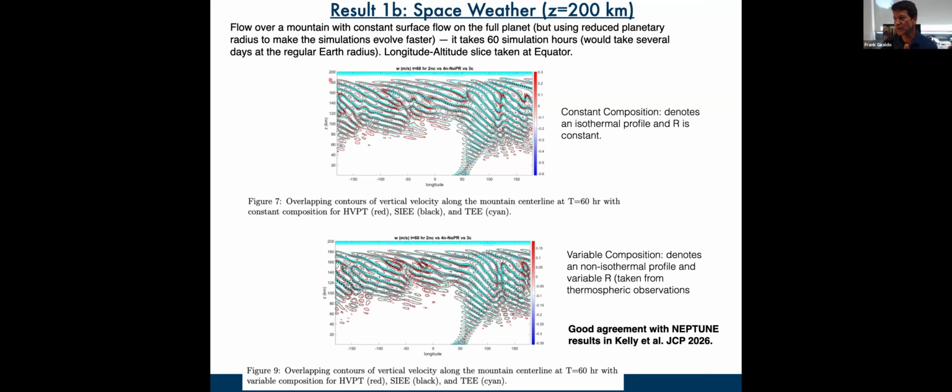We do that because when you reduce the radius of the planet, you can get the steady state quicker. You're basically making this thing spin very quickly, and then you get your steady state problem a lot quicker. Otherwise, this simulation would take days and days and days, and it'd be very expensive to do. Here, the simulation takes about 60 simulation hours to get this kind of